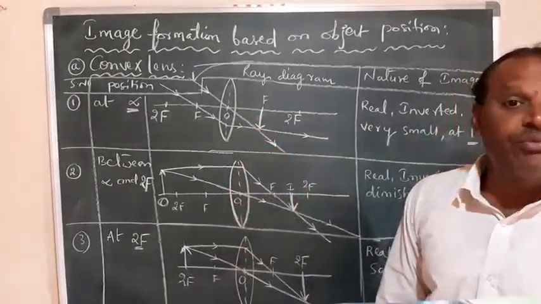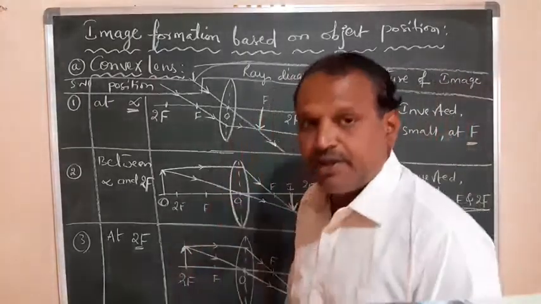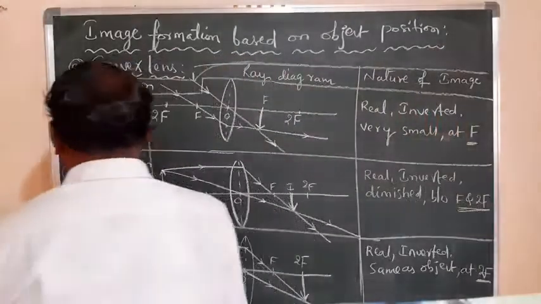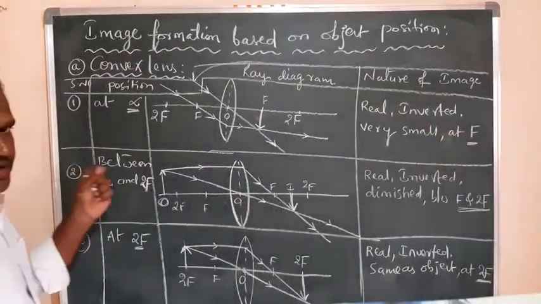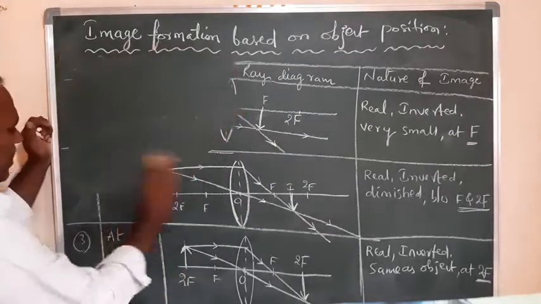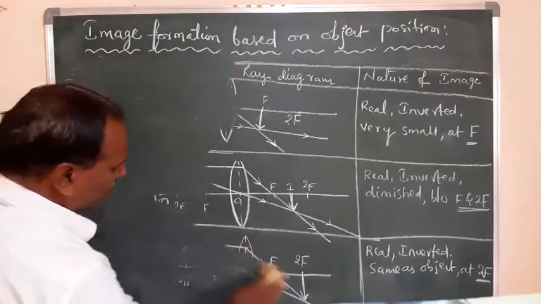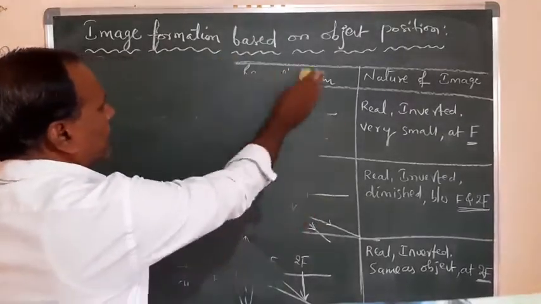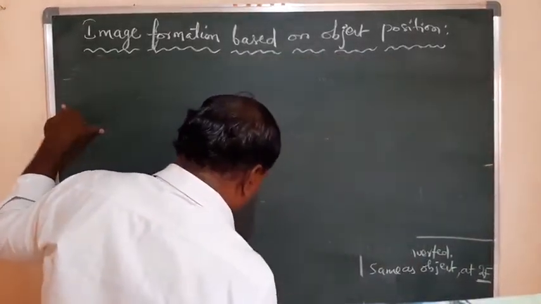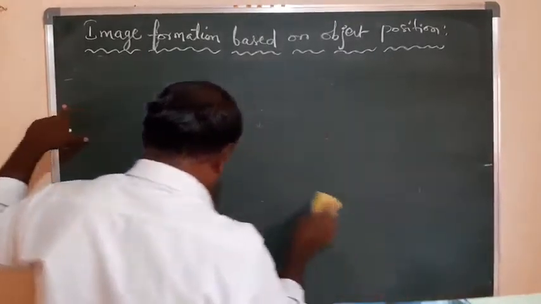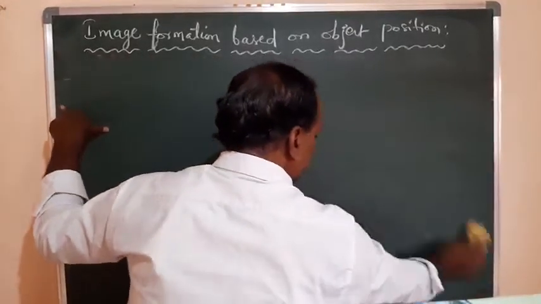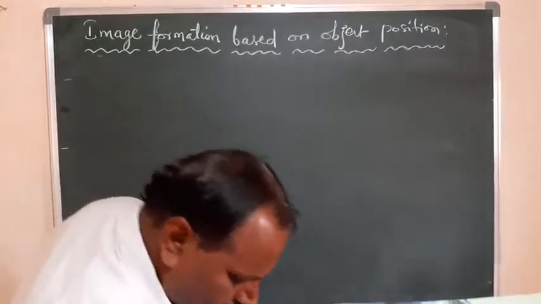Similarly, we can also go for the three more cases. I'll explain now how you can get the image formation when the object is kept at different positions. Three cases are over. So it is very important. You have to make a note of this and draw perfectly and correctly. Okay. So I'll remove this part and I'll move on to the other three cases. The image formations can be obtained at different positions where the object changes. Right? At different positions of the object for this convex lens, we can observe that the nature of the image also varies. So how can they be obtained? We'll see now the remaining three cases also.